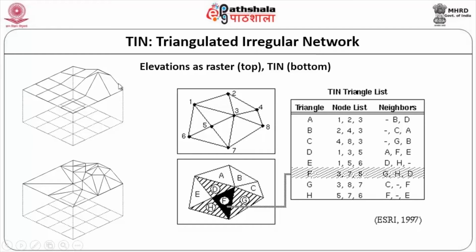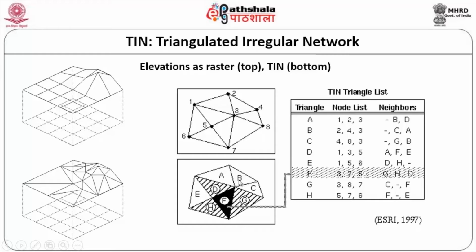What does it do? How do you get that? You can see that elevation is shown as raster data at the top here. At the bottom you have the TIN, how it is divided into n number of cells. And for everything, the TIN rather, you find here again the same context of how you have done in the case of your vector data: starting node, ending node, or the adjacent node, or rather what are the adjacent polygons. For triangle A, if I consider 1, 2, 3, this is the node list. What is the neighbor? B and D. Onto the left is your B, onto the right is D.